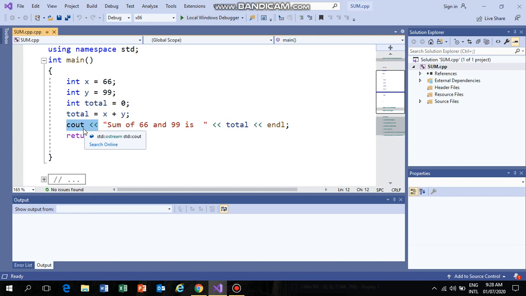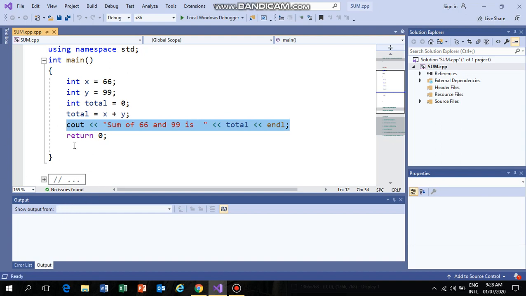This line will display the total line: Sum of 66 and 99 is the total, and endl. This line will display the output of two integers. See, cout is the ostream class. It is used to produce output on the standard output device to display.